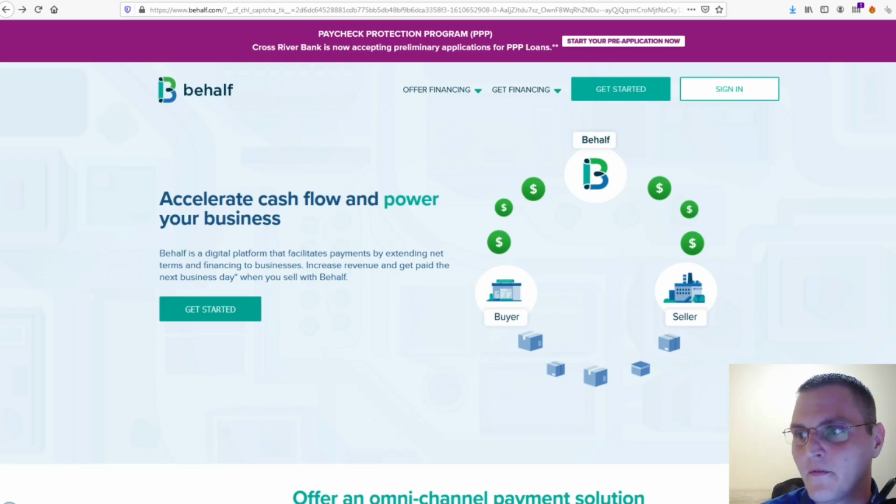So without further ado, let's get into it. These are vendor trade lines that you want to get if you already have at least 5 to 7 Tier 1 accounts already set up and they are already reporting. You want to make sure that on your Dun and Bradstreet you have at least 5 Tier 1 accounts already reporting, because most of these you will get denied if you don't already have payment experience reporting to Dun and Bradstreet and Experian